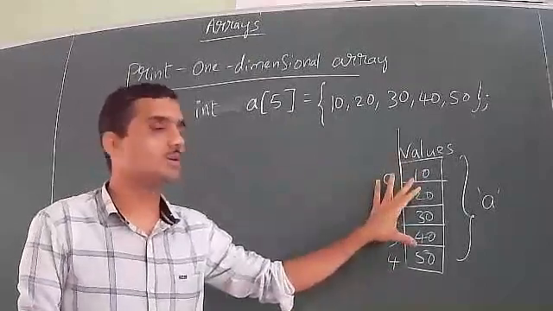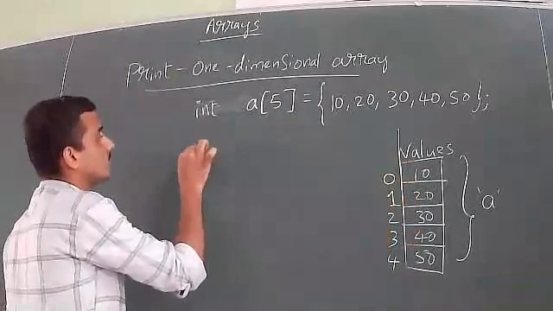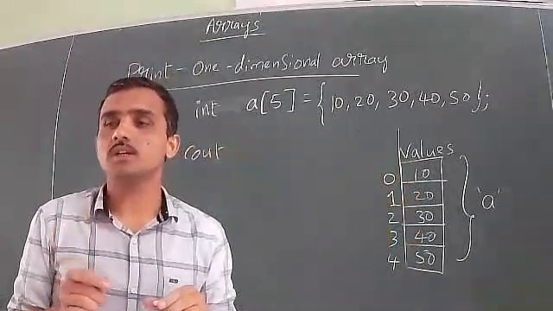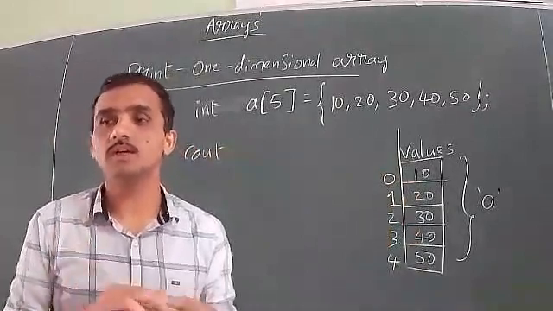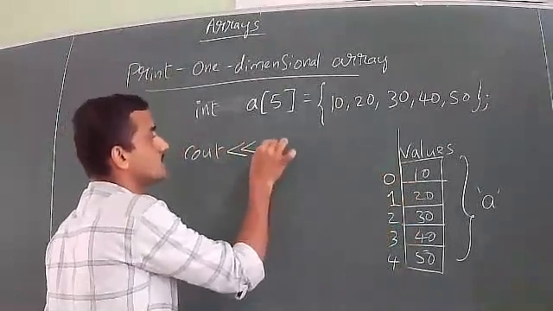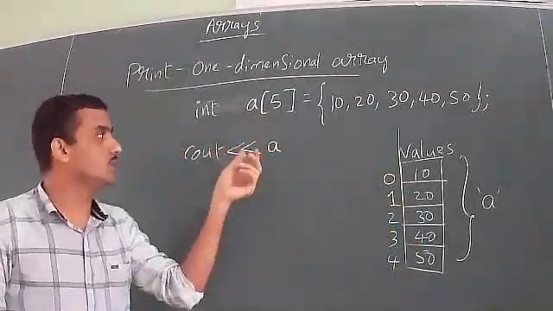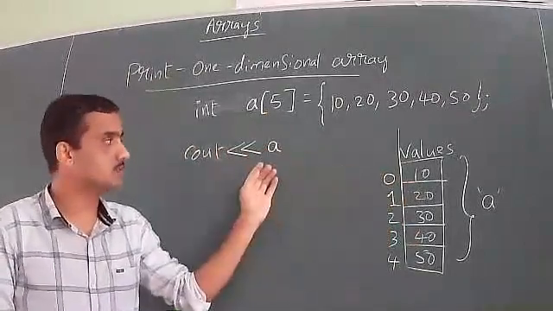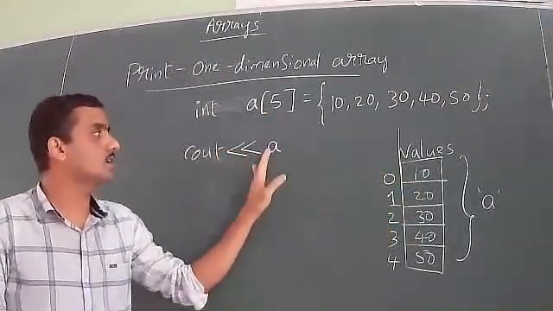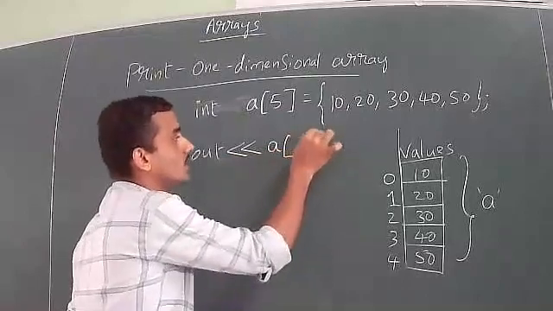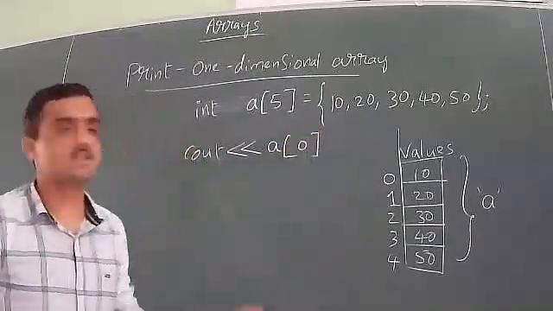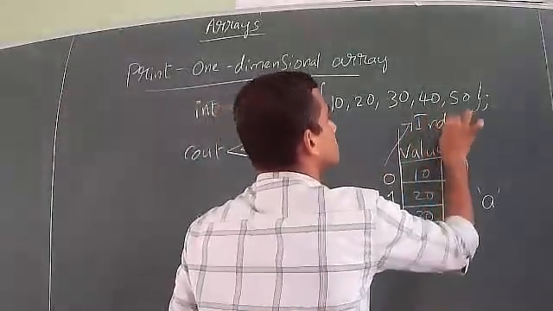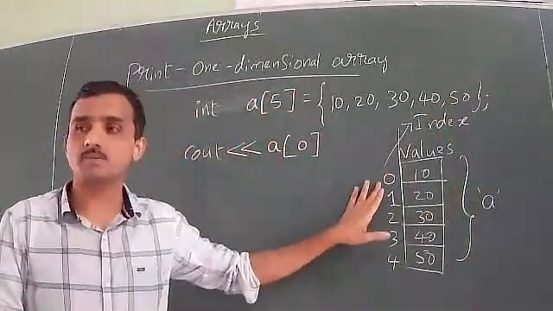Now, if I want to display on the screen, we need to make use of the statement called cout. If you consider a variable which contains a single value, which is not an array, we write the insertion operator and just the variable name. But this is an array. If you write just the array name, it will not display the elements. You should not think that all the elements are displayed here; it will not display any value. What we have to do is, in front of the array name, write the location of the index value within the square brackets. That is called the subscript or index value. So you have to mention the subscript value, that is the index value.